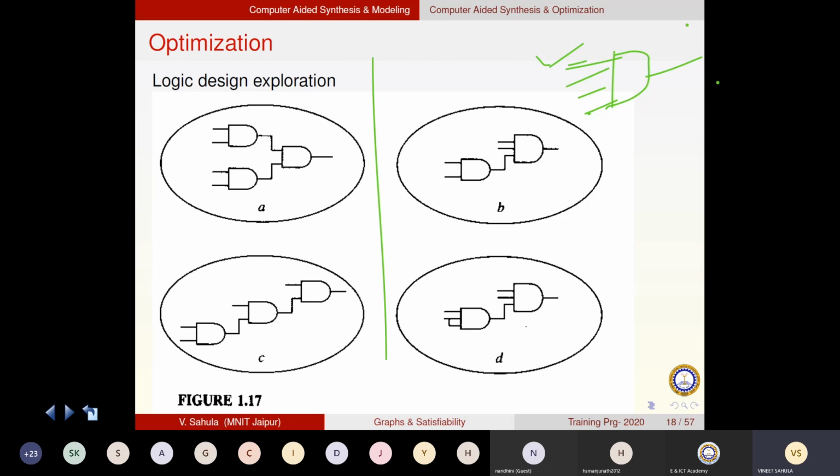So the left side is such that I do not have components available. I have only one type of component available, which is a 2 input AND gate. So I can go with this option, 2 input AND gates, or I can go with this option. Now what's the difference? For this kind of structure, the lower one, my signal has to pass through 3 gates, so it is 3 gate delays, 3 TG. And here on the upper side, the maximum gate delay is only 2 TG.